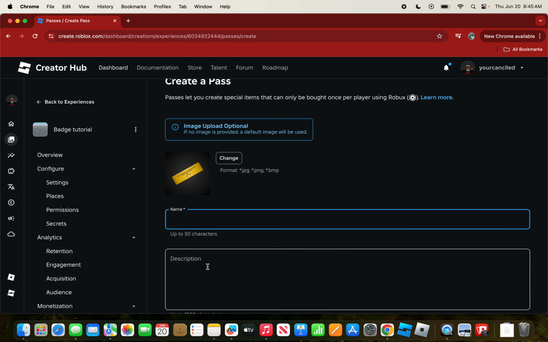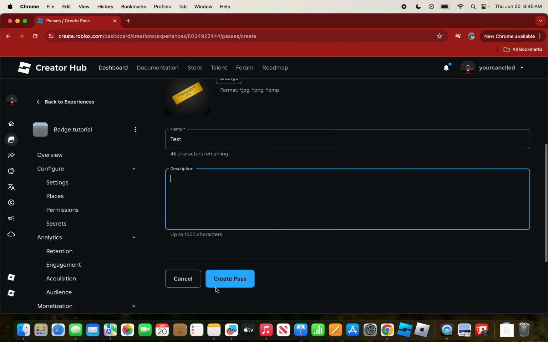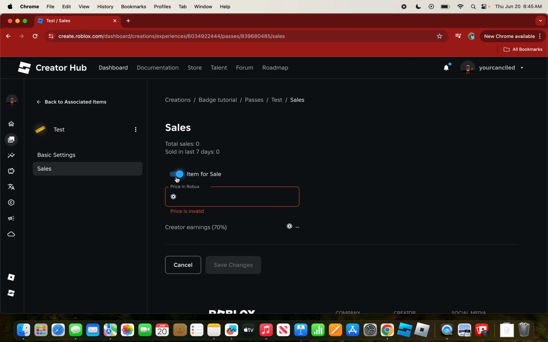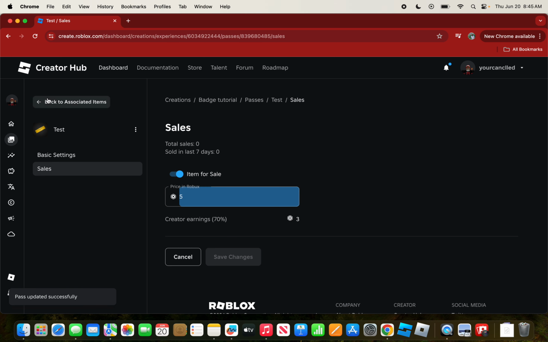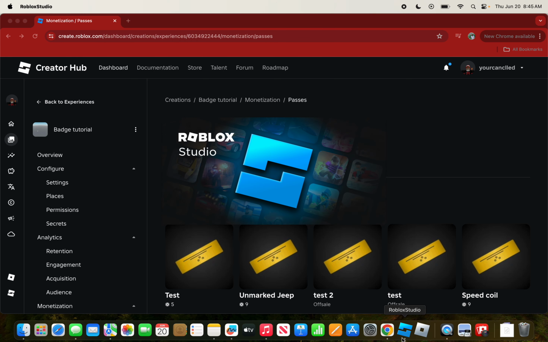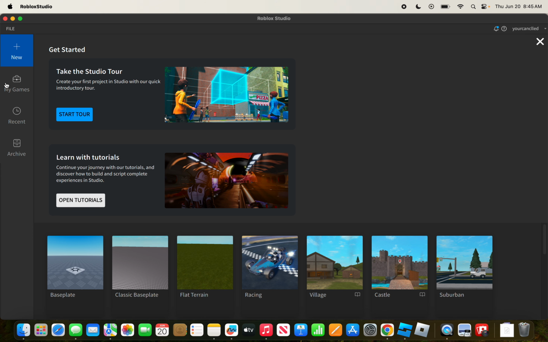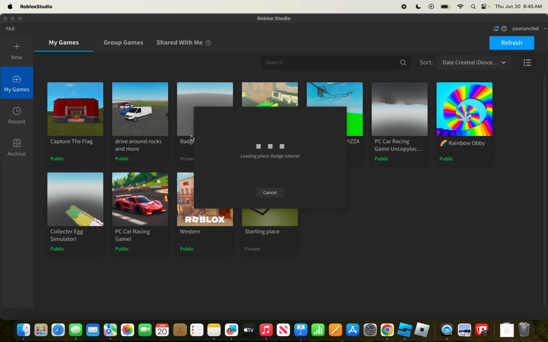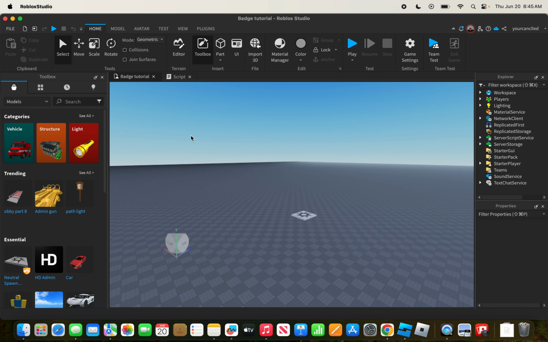For example, I'm going to name my Game Pass Test, and then I'm going to create my pass. And now what I'm going to do is set the item for sale, and the price is going to be 5 Robux right here, 5 Robux. And then after that, what you want to do is launch Roblox Studio. After Roblox Studio is launched on your computer, make sure to choose the game that you're working on. And now that my game is launched,